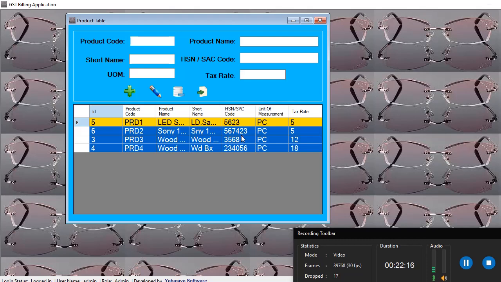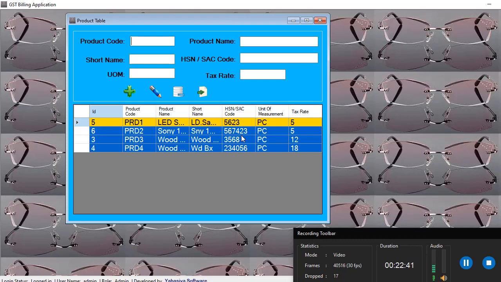Okay, so the next step is, once you enter the product information against the product code, it can be called in the sales as well as in the stocks form by pressing the product code alone.